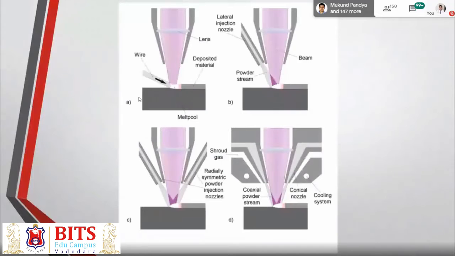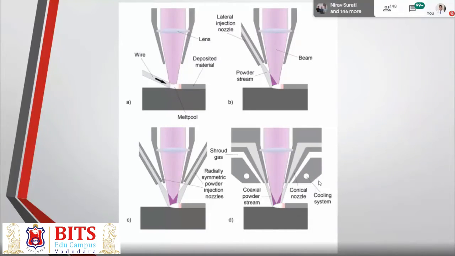So this can be by, you know, you have an electron beam, and then you have feeding of the wire. There is another way also possible, that the wire can be coming from the core itself, and there is an arc happening which melts the metal and deposits it on the surface. And another thing is you have a powder stream that is actually coming from the nozzle, and the electron beam actually melts it and it lays a layer.